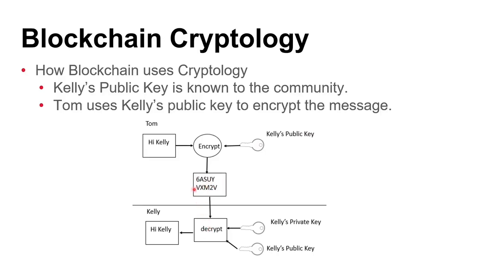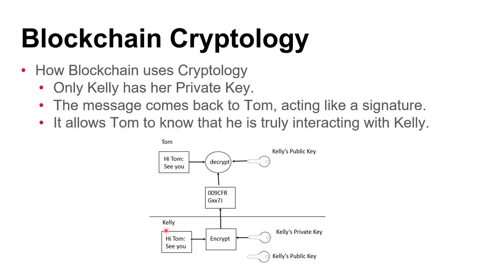The only one that should be able to decrypt it would be Kelly. Kelly takes her private key and decrypts the message and is able to read it exactly how it was written. And only Kelly has her private key. The message comes back to Tom. And I guess you could say it's